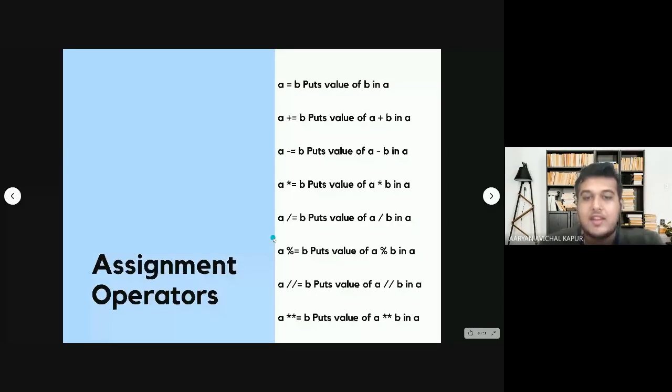So here we can very simply see that whenever we write A *= B, it simply means that A is multiplied by B and it is stored in A. In the next statement, we are dividing A by B and then storing it in A. Same we do for the next one. This is sort of taking the remainder. This is floor division and this is exponent. So here we're doing A to the power of B and storing it in A. Right. So this is how it will work. So these are assignment operators.